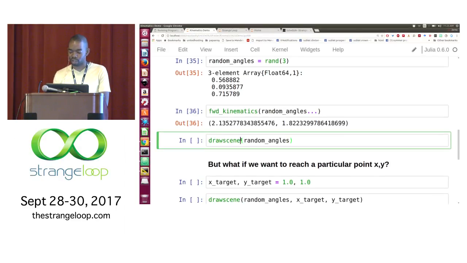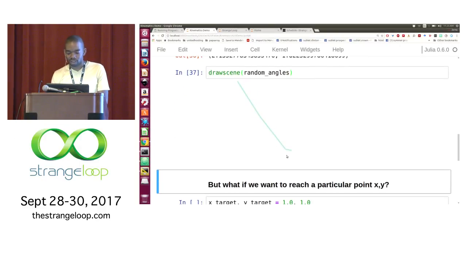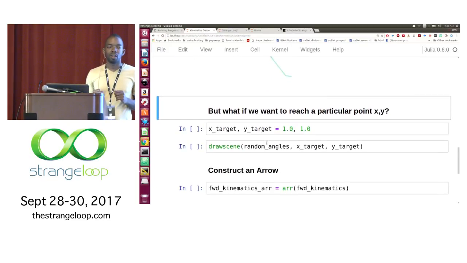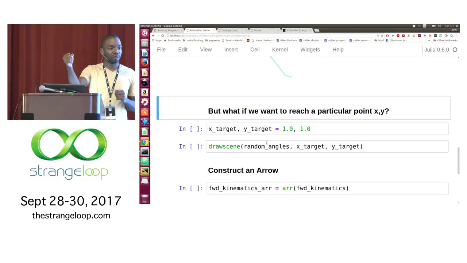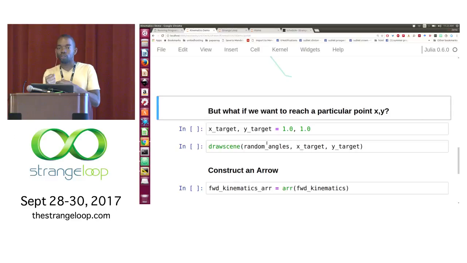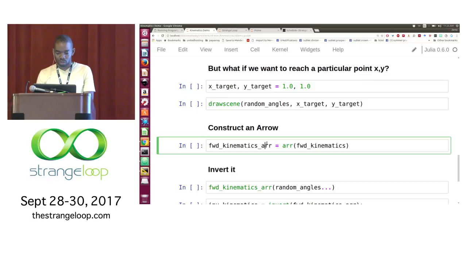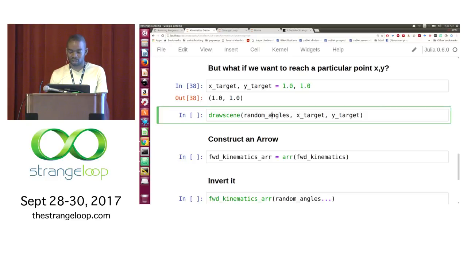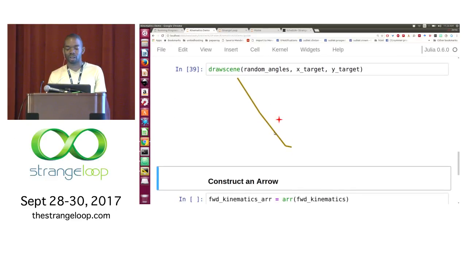And I can draw this. I think it's slightly cut off, right? But the point is that I've got a line drawing of a robot arm. But what we normally want is to be able to say, I want to put my hand at some place in space. What should the angles be? So I want to go backwards through my model to say, what is the input that would create a desired output? I'm going to choose some target, x and y, and I'm just going to add that target to my diagram. And as you can see, my arm, my not very detailed arm, is not reaching the desired target.